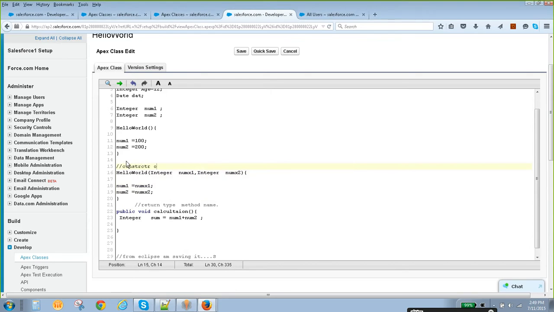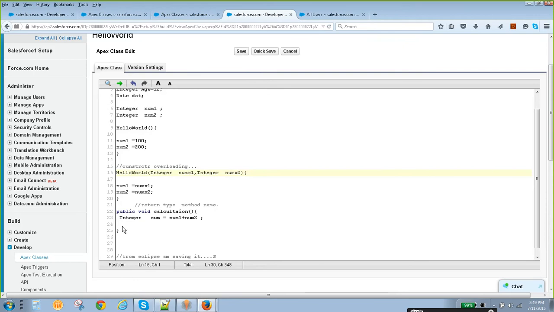Constructor overloading is nothing but having more than one constructor with different parameters. It may be integer, integer, or string, or string, integer. It should be a different signature.